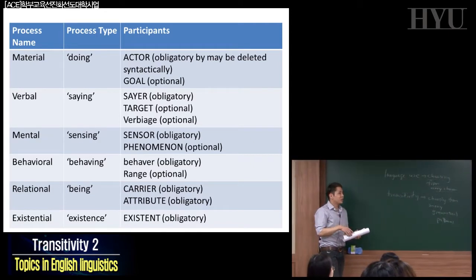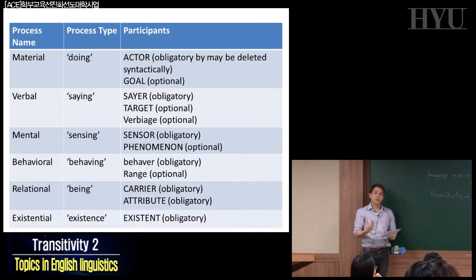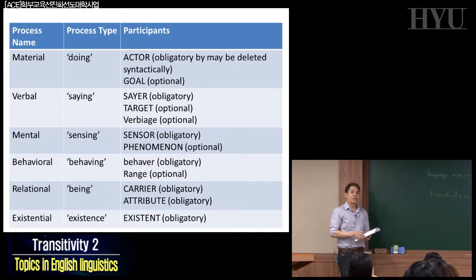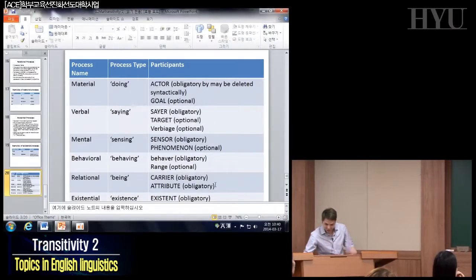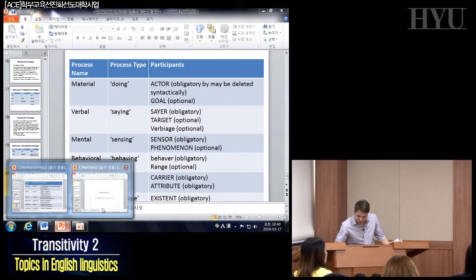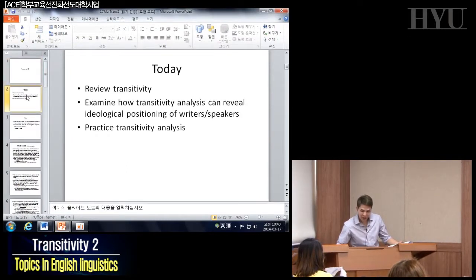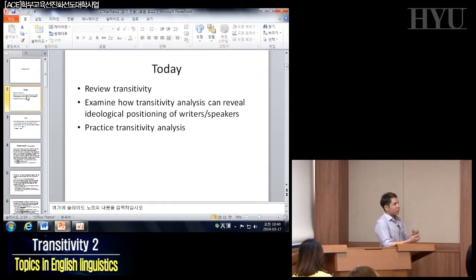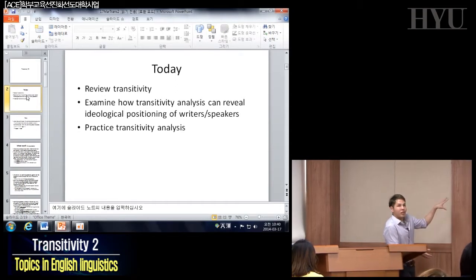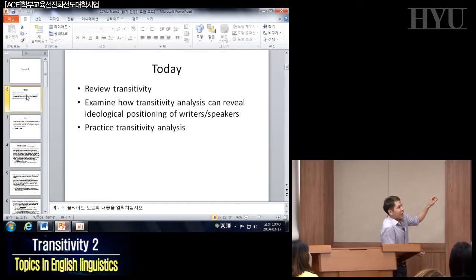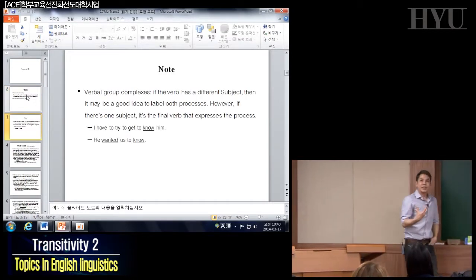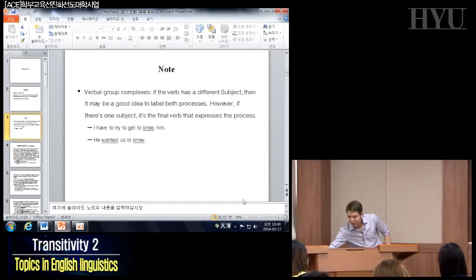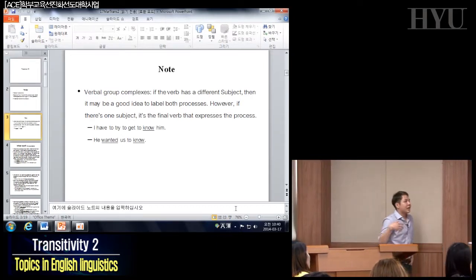So we look at these processes, and we looked at 2 examples last time. So today we'll continue from this and look at what kind of interpretation we can get after we do the transitivity analysis. So I'll bring up the slide for today. Okay? So for today, after the quick review that I just did, we'll look at the interpretation that we can get. Okay? So last time I mentioned this in passing, so I want to stress it one more time, that in many cases,